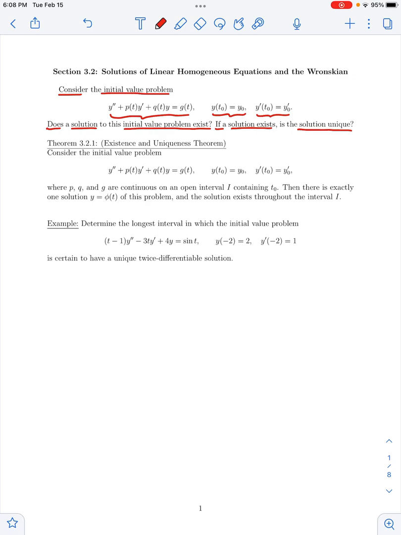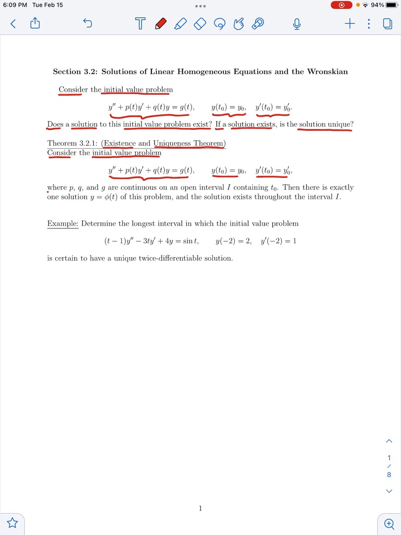This is Theorem 3.2.1 from your textbook. And we would call this maybe the existence and uniqueness theorem. And it's very similar to the existence and uniqueness theorem we had for first-order linear equations. So here's what it says. Let's review it. If we have the initial value problem that we were just describing, so some second-order linear differential equation with initial conditions given at some time t naught,